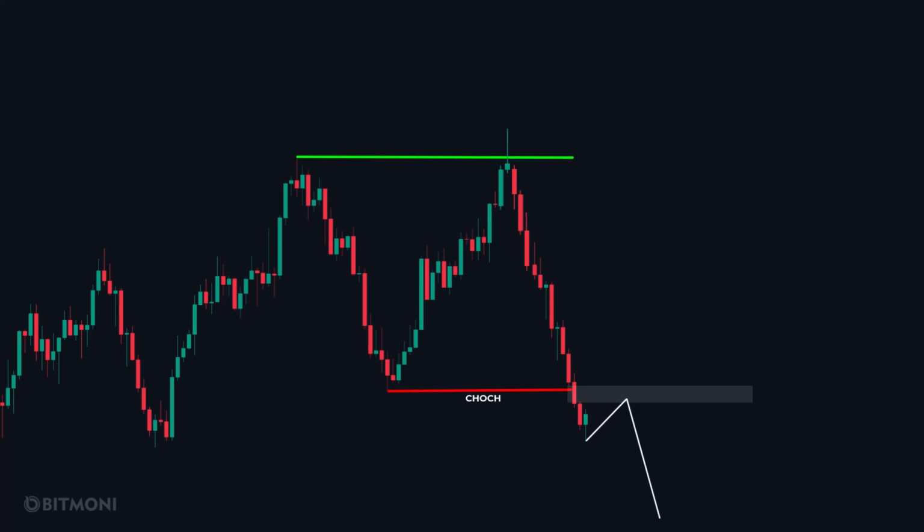This is the typical setup we often see when the market forms a liquidity sweep. The key point to remember is that we shouldn't take trades based solely on price's reaction to the external range liquidity. Rather, we need to focus on how the market structure develops and look for entries only once a clear